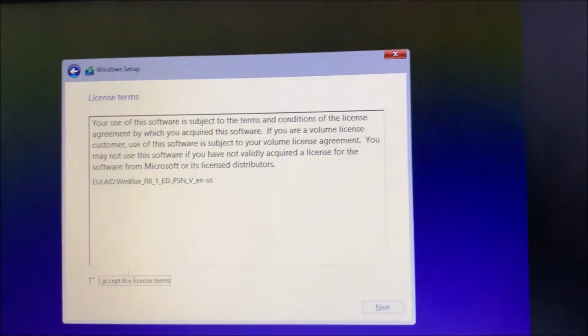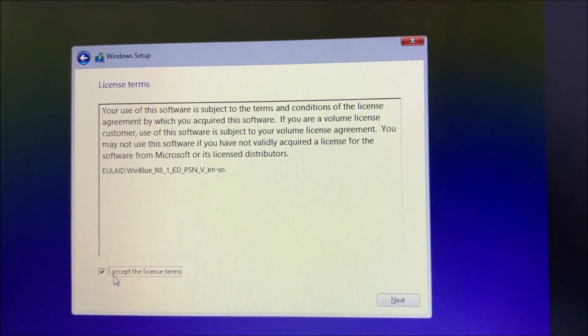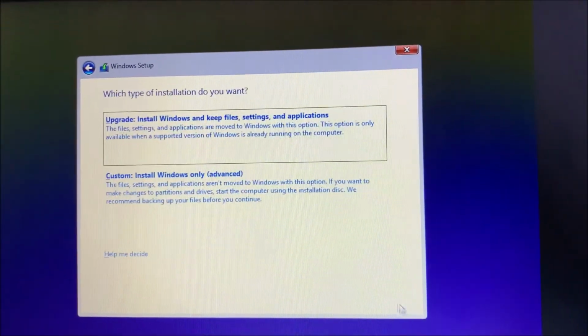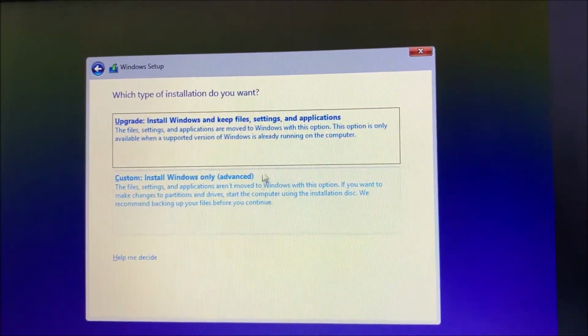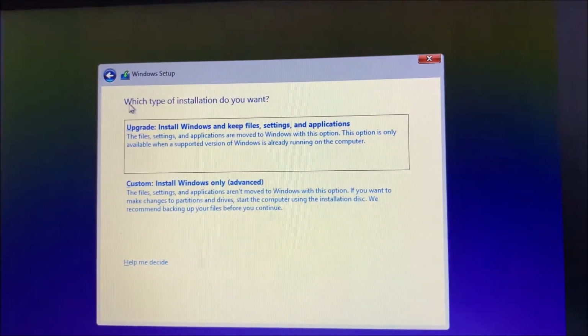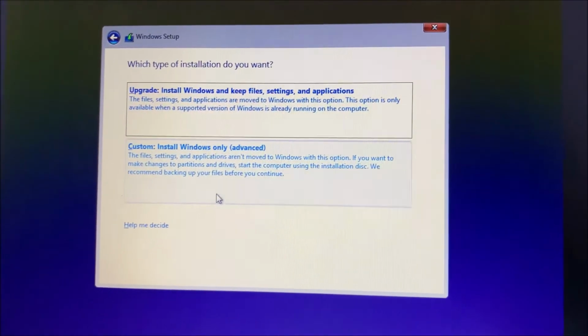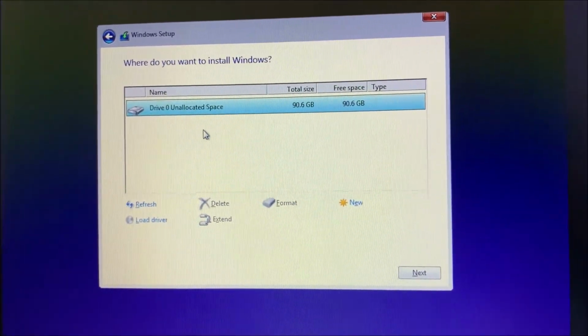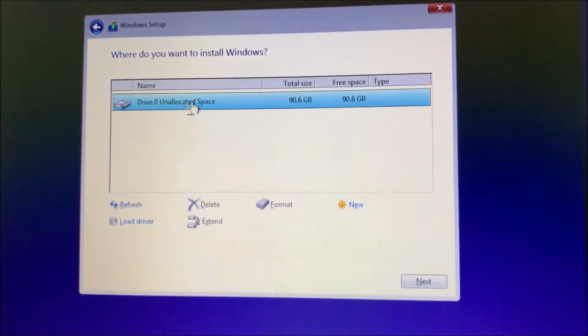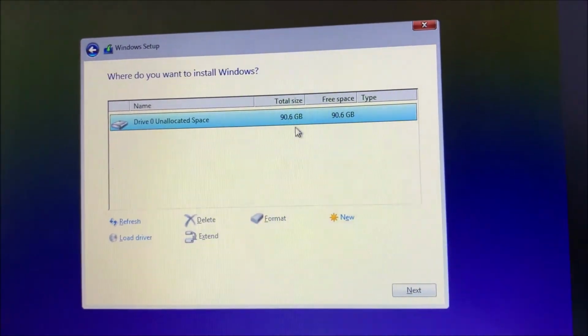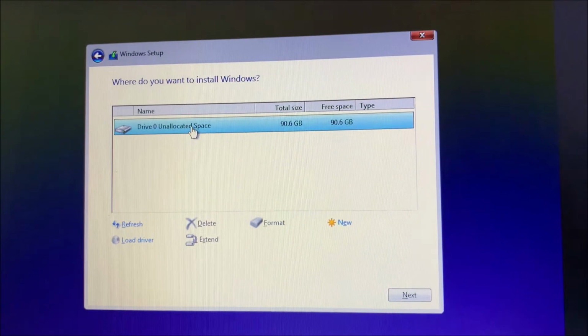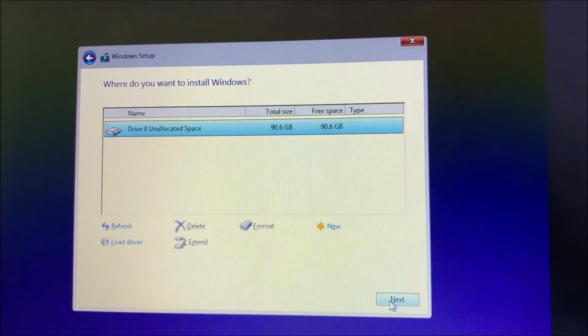Now you need to accept the license terms, then click on next again. When you get this, which type of installation do you want, click on custom. As you can see, the hard drive is detected, 90.6 GB. Now select the hard drive and click on next.